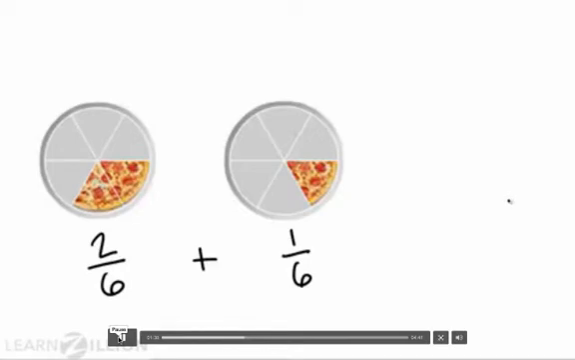Thinking about my pizza, I realized that if I ate 2 pieces and my friend ate 1 piece, then together we must have eaten 3 pieces. That means I should add my numerators together when I add fractions. The denominator of 6 is a little different. Remember that 6 tells me how many pieces there are in a whole pizza. Just because I ate some pizza and my friend ate some pizza does not mean that the number of pieces